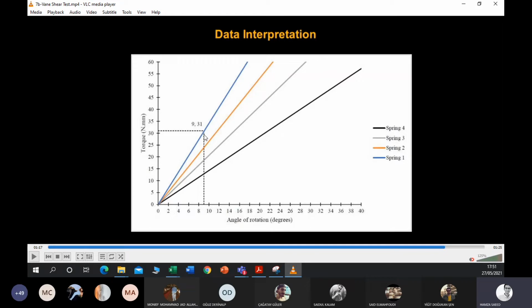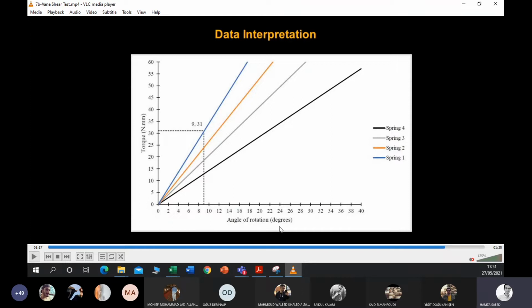I am going to sketch a vertical line, and where the vertical line intersects with the calibration line of spring 1, that will be your torque value. Understood?